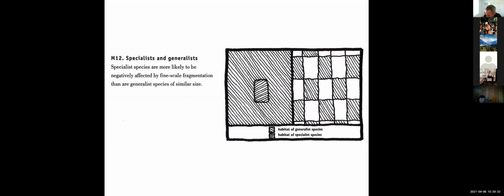So anyway, restoration efforts like those can influence the overall pattern of the landscape mosaic, obviously, which in turn influences the distribution of specialist and generalist species. So when we talk about specialist species, that refers to the ones that are very well adapted to a very specific kind of habitat. And they tend to be the interior species that are typically of high conservation value. Generalist species, on the other hand, are the ones that can survive in several different habitats. They're the ones that generally tend to be the edge species that are already kind of overabundant in our landscape.